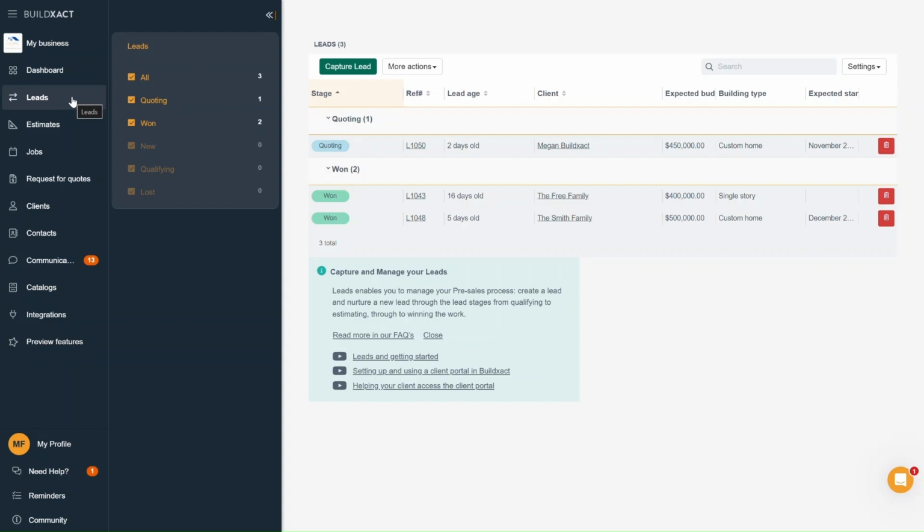From there, a lead typically progresses into an estimate, and once the client accepts that estimate, it becomes a job. You can actually see that flow visually in your navigation panel. Leads, estimates, jobs, showing how everything connects together. Some users skip leads entirely and start with estimates, and that's completely fine. And if you're not sure which flow works best for you, I'd suggest watching our other tutorial on leads that